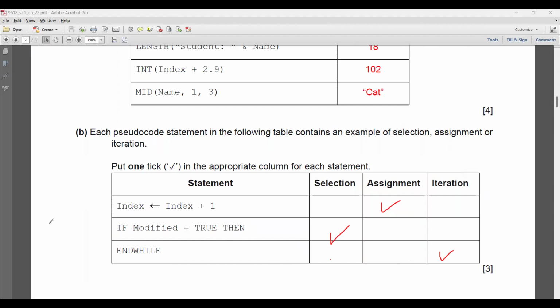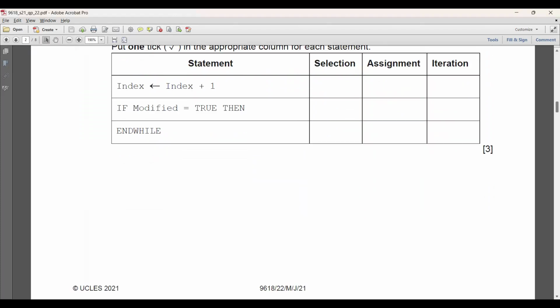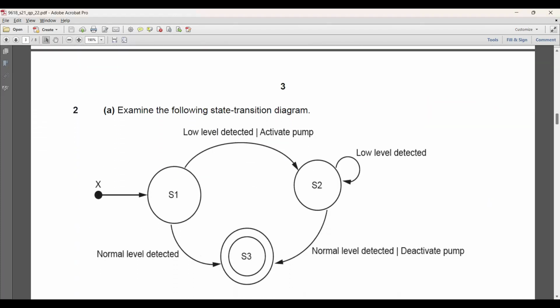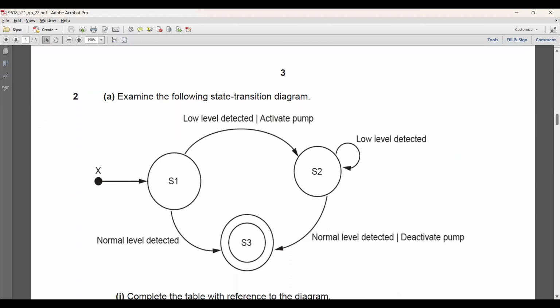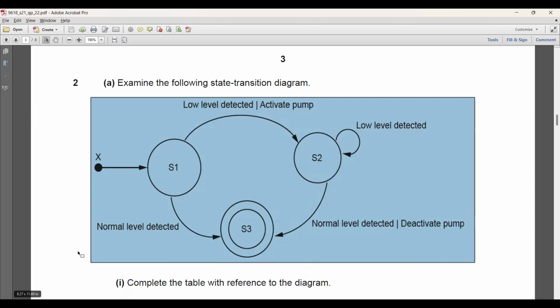Now moving to the next question. Question number 2. Examine the following state transition diagram, and you can see this is your STD, state transition diagram, which has the beginning with X. This is your start. Then S1. Then S1 is moving to the